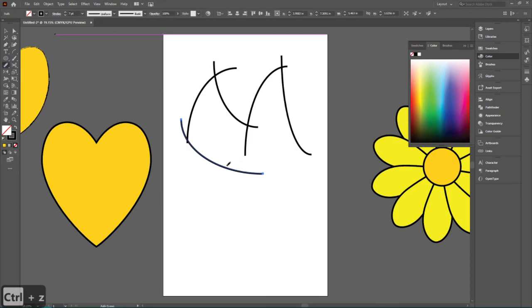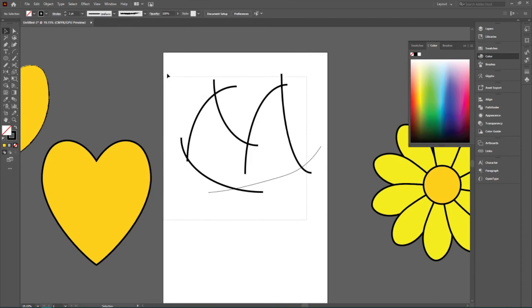We'll draw one last line with the pencil tool. Come on. Oh, those probably are there, but they just don't have stroke on them. Okay, I'll use the brush tool. There we go. Okay, so even though this one is thicker, that really shouldn't matter in this situation. We want to select everything